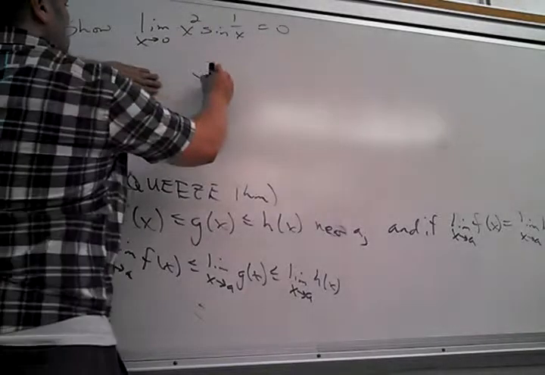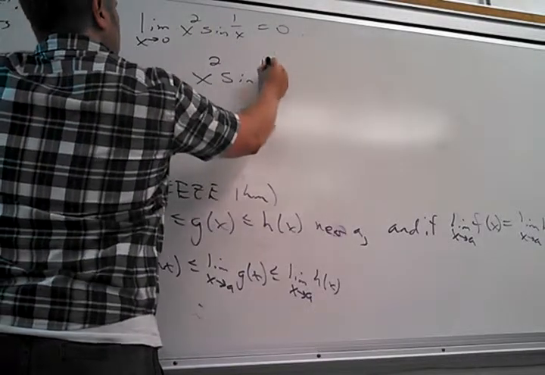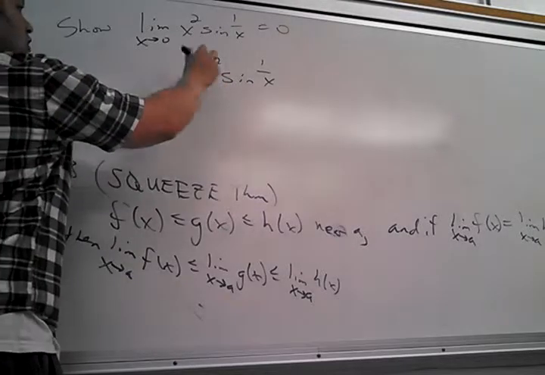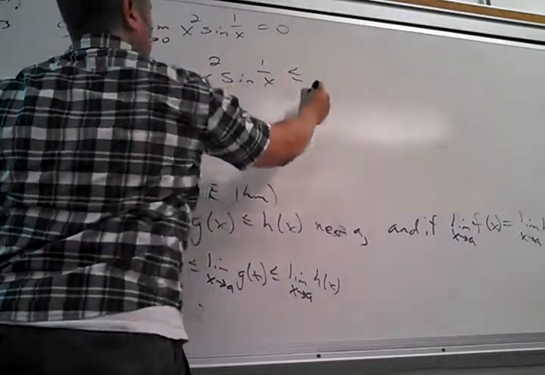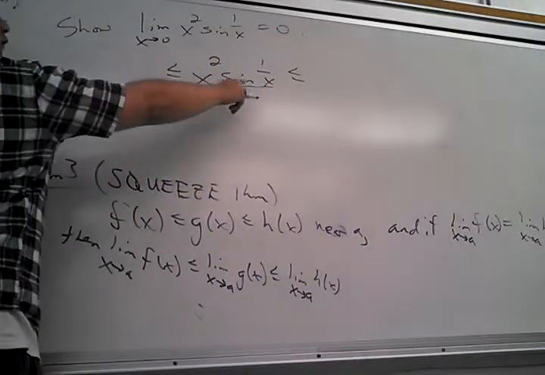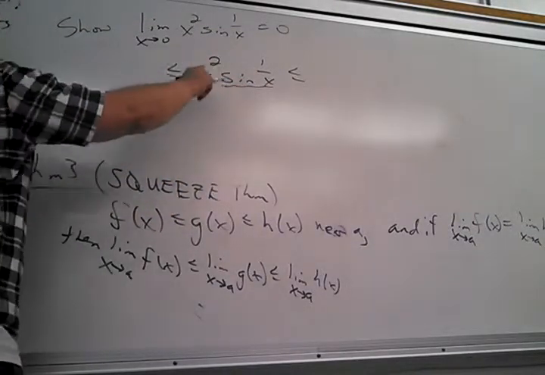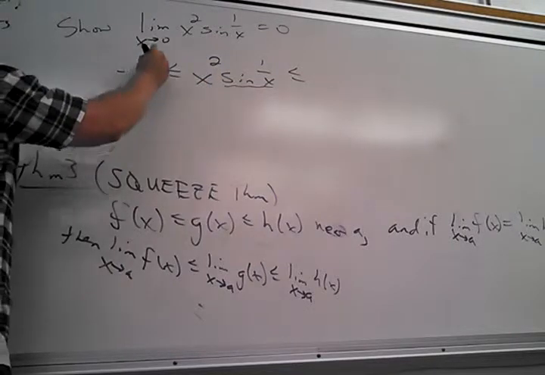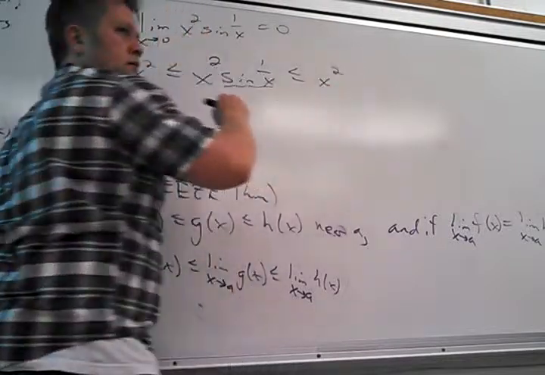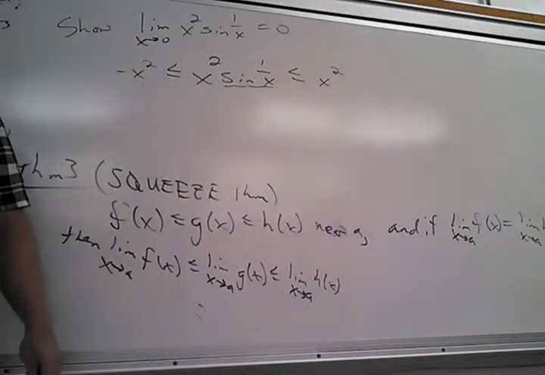So this function, watch. Once you see this in use once, and I'm using more time than I really wanted to on this, because we're not going to do a lot with this, but it's interesting to see in practice. This function is always between what two things? Well, what's sine always between? Negative 1 and 1. So if sine is negative 1, this function is negative x squared. If sine is 1, this function is x squared. Will you stop right there and let you guys suck it in?